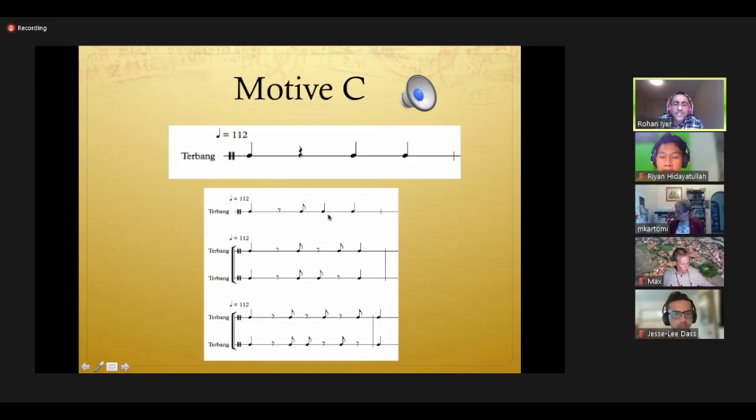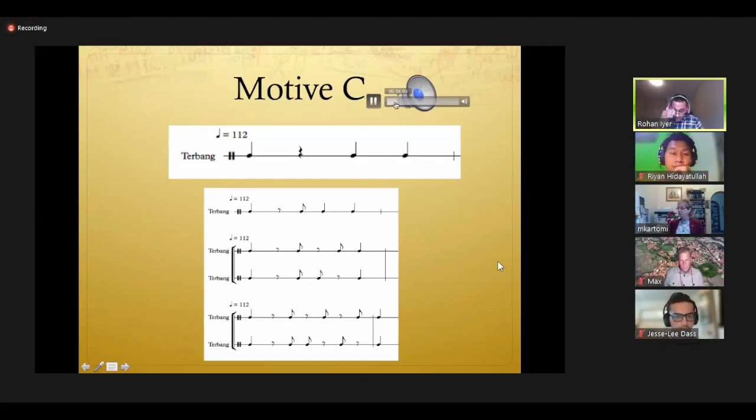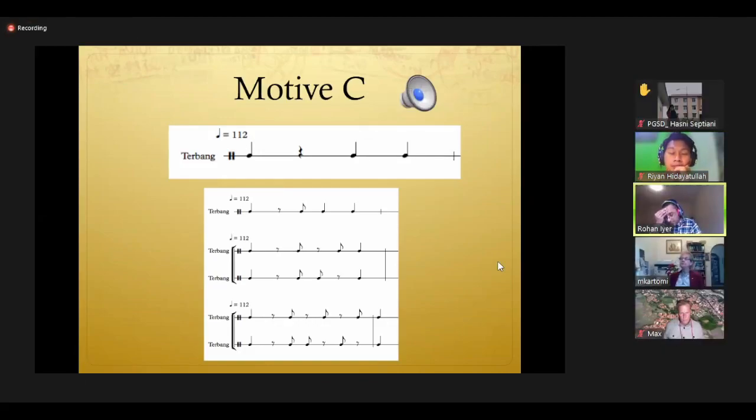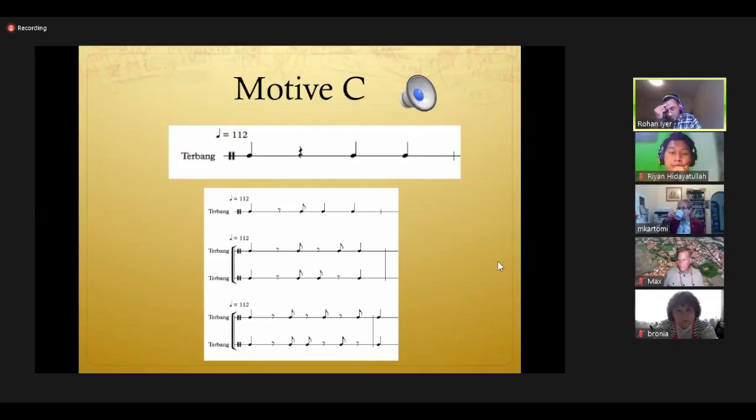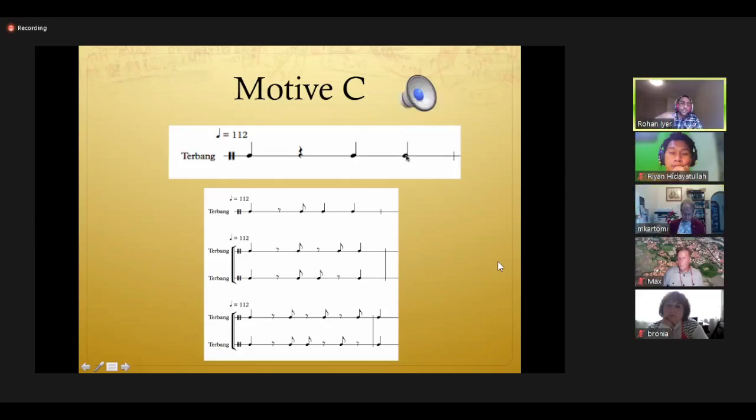And pay attention to the first variation over here, because we're going to be speaking about that a little more later. Yes, so as you can hear, the tempo is slower and the texture is less dense.